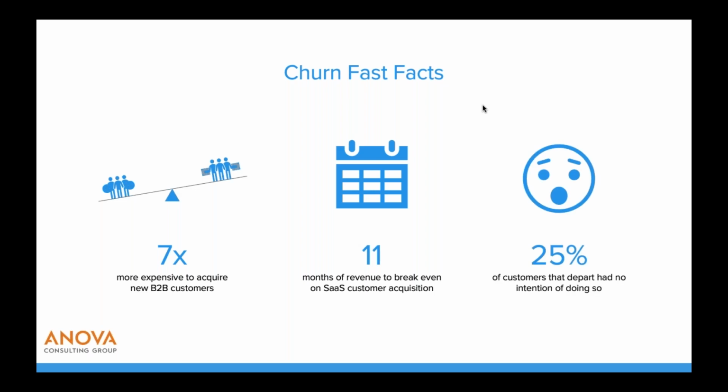And then really unfortunate statistic here that 25% of customers that depart had no intention of doing so. So there are so many customers that are churning, that are not renewing, that actually would have loved to stay on board and keep on that long-term relationship with your organization. And so clearly something went wrong. And our goal right now is to figure out, hey, how do we stay on top of that and prevent those situations, rectify any issues so that we can actually save those 25% and even more to make sure that we have a nice and healthy business.